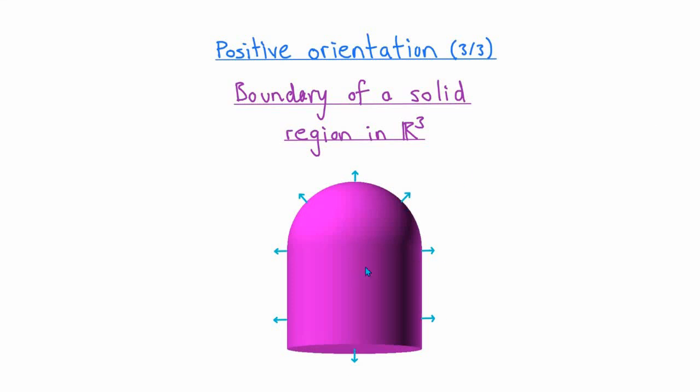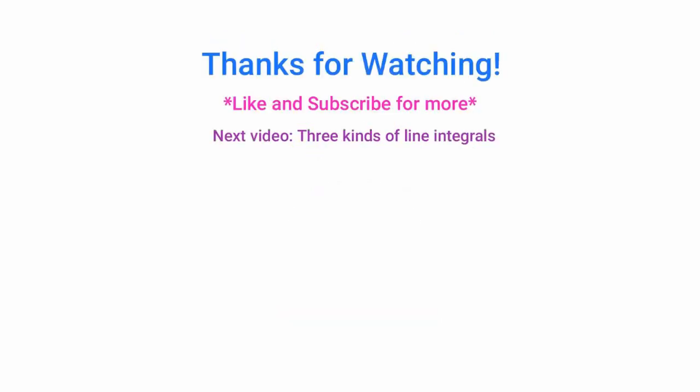The only subtlety here would be if there were some cutout piece inside this region that you couldn't see. However, if that happened, the surface which makes up that part of the boundary inside the region would still have the positive orientation as long as its unit normal vectors pointed inward away from the solid region. Hopefully that's not too complicated to understand, but anyway, we're not going to deal with complexities like that in the later videos. Well, that's the end of this video.